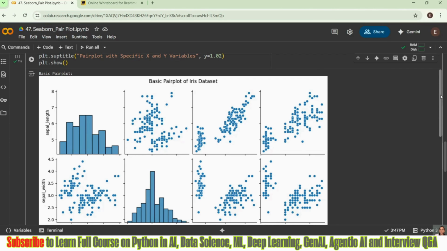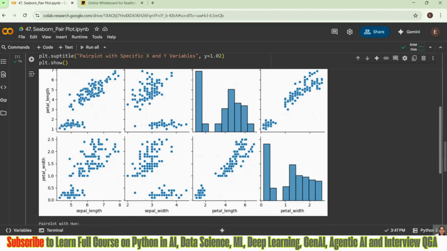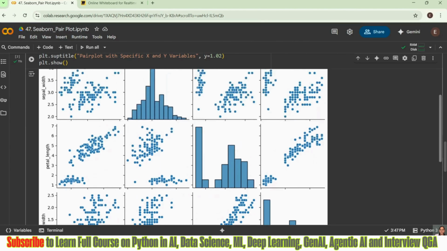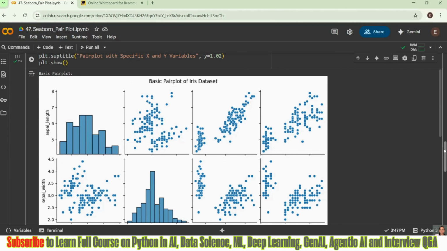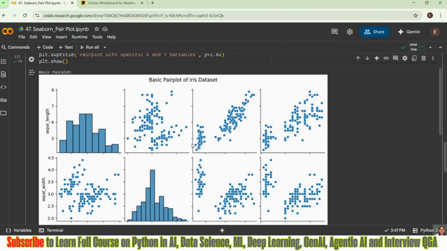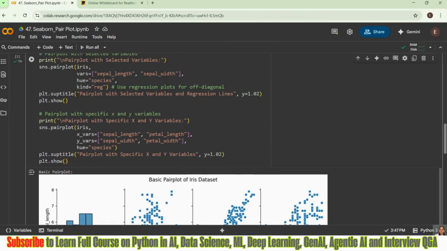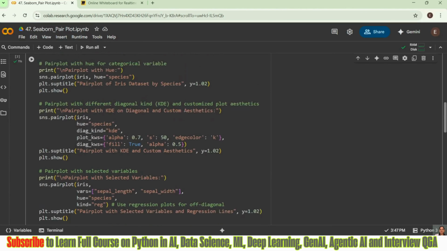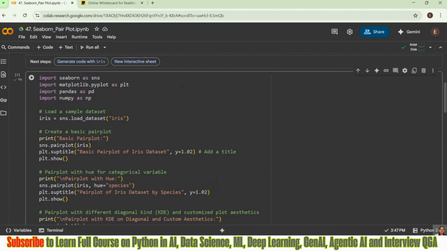Your histogram comes diagonally for all features. We have four features and four histograms coming diagonally, and all the other scatter plots show the relations between them, right?